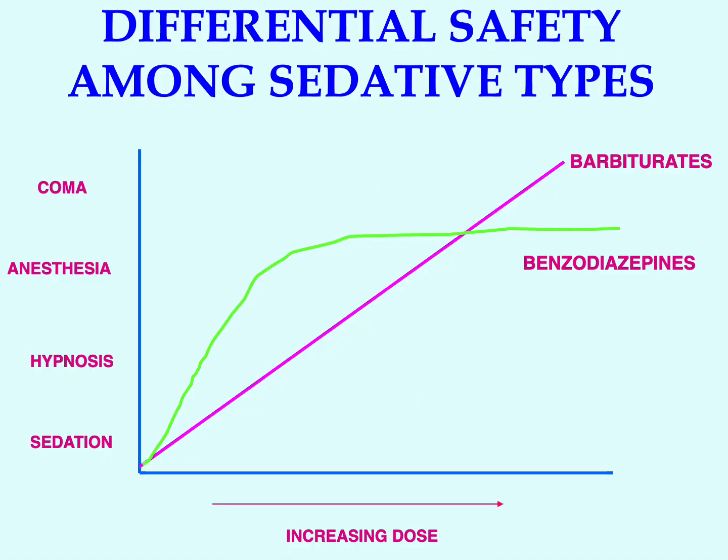You can see on this slide, as you go up in benzodiazepine concentration, you go from sedation to hypnosis to anesthesia, and it plateaus there. So you don't go into a coma, and typically you wouldn't die from a benzodiazepine overdose if you take a benzodiazepine by itself. All bets are off if you're taking it in conjunction, say, with alcohol, which can potentiate its actions, and so that's different. But barbiturates by themselves are lethal. As you go up, you go beyond anesthesia into coma and death.